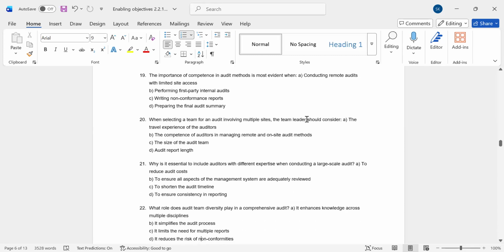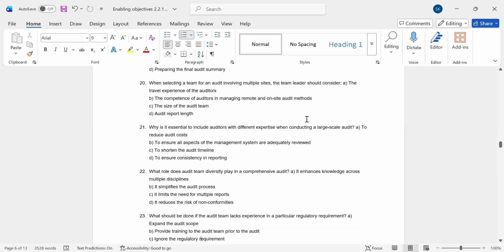Okay, we go to question 20. Jayor Rahman, are you available? Can you read question 20? When selecting a team for an audit involving multiple sites, the team leader should consider the travel experience of the auditors, the competence of auditors in managing remote on-site audit methods, the size of the audit team, and audit report length. I think